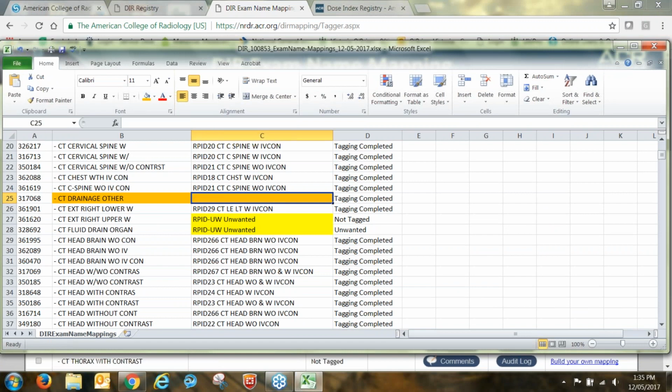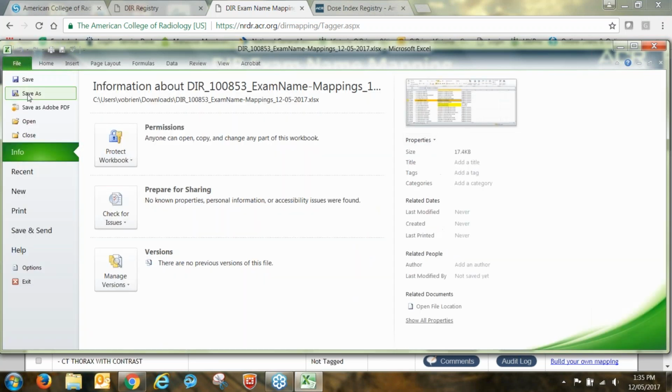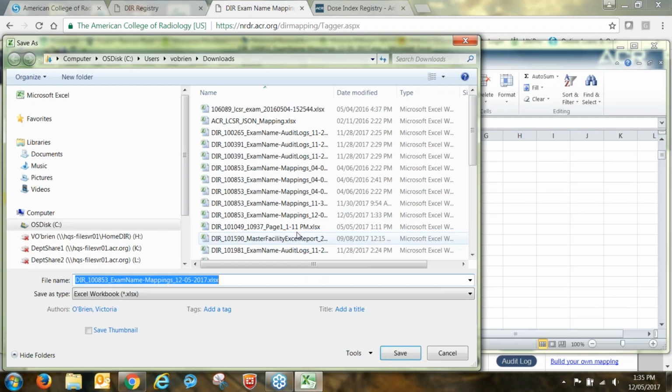Here, well, I'll just delete it and then show you. If I want to, I would type in RPID 00. So any guidance study is a 00, no dash. Any unwanted is a dash UW. And then you would save this file, and I often save them to my